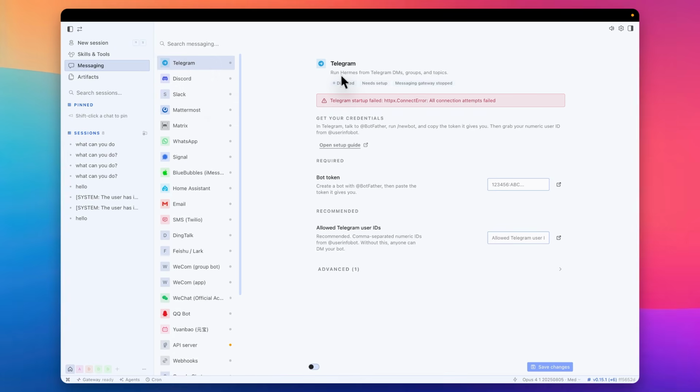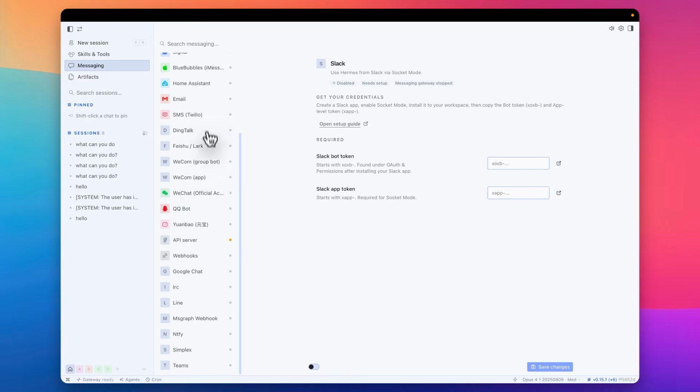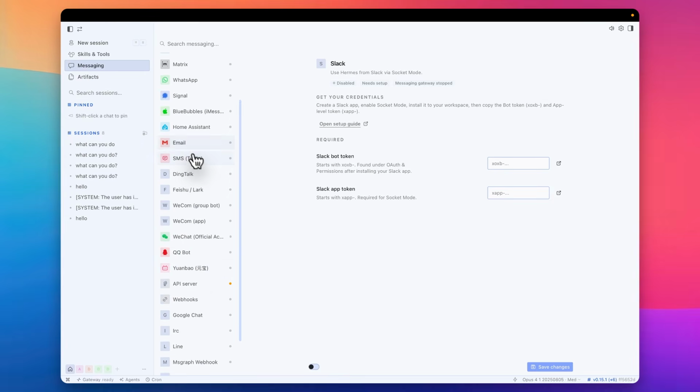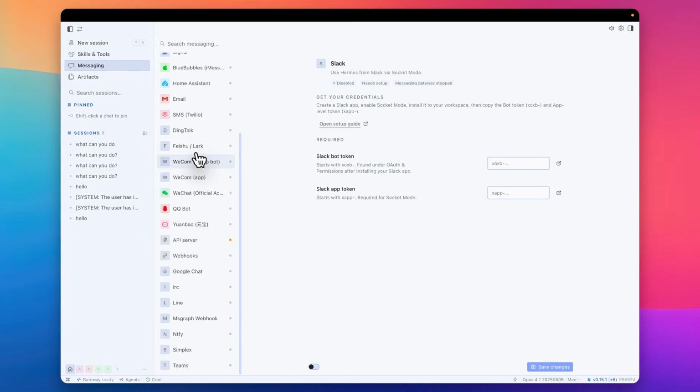It's very analogous to OpenClaw if you've played with that. If you use Telegram, click on Telegram and go through the configuration. Clearly, I haven't done the configuration yet. For those that are more Slack oriented, you click on that and get that set up. I was very impressed to see the list here: Twilio for SMS, emails, WhatsApp, Signal. So quite a bit of options available to